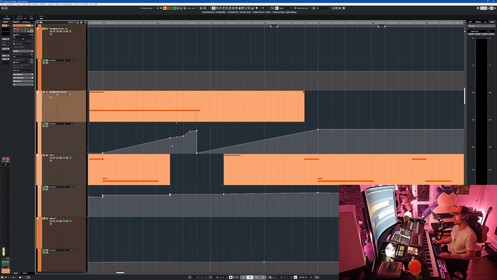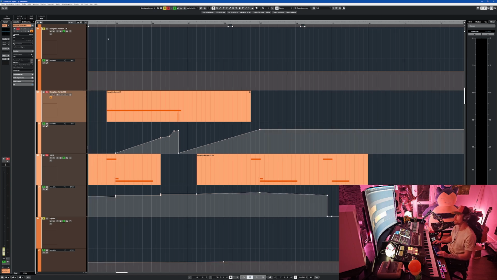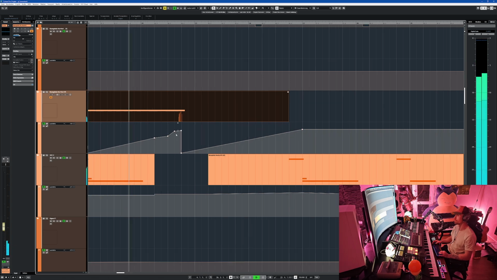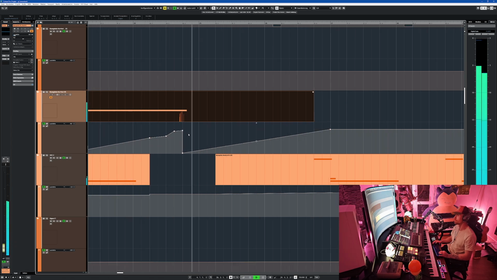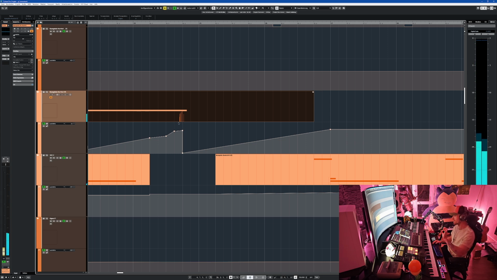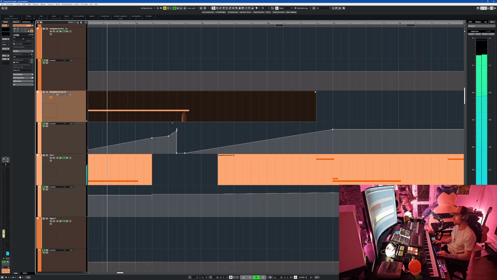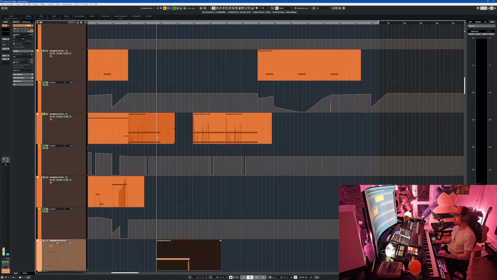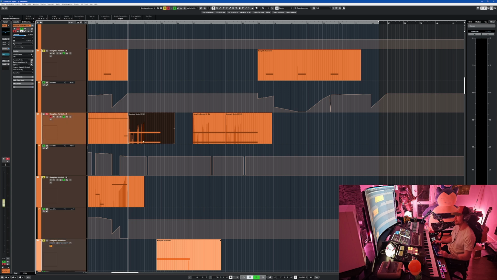Let us check this out in the full track, like compare it. That's nice, but I like it a bit more if here is a little bit of space already. Because it prepares for this gnarly bass that happens in the low end.